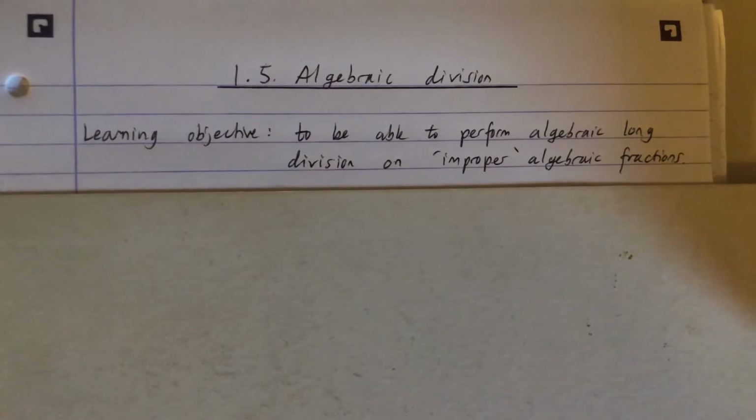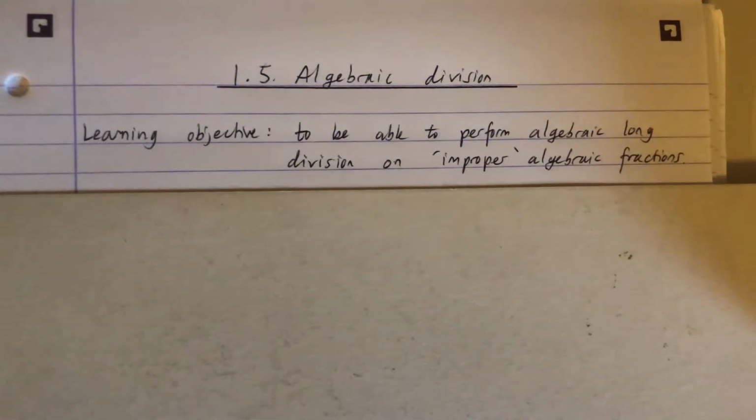I'm just going to keep continuing with Chapter 1 in the Year 2 Pure Book, 1.5 Algebraic Division. This is actually something you've done before. It's just that the examples are a little bit tougher than previous ones, but the method is exactly the same. And the main objective is to be able to perform algebraic long division on what I'm going to coin as